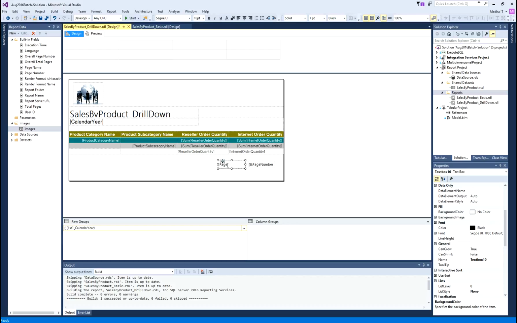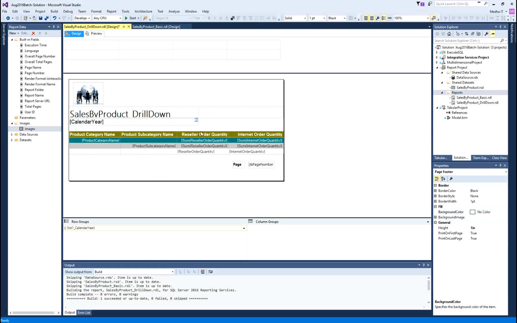And I will make it bold. Okay, so that is my text, page, page number field, and my picture.